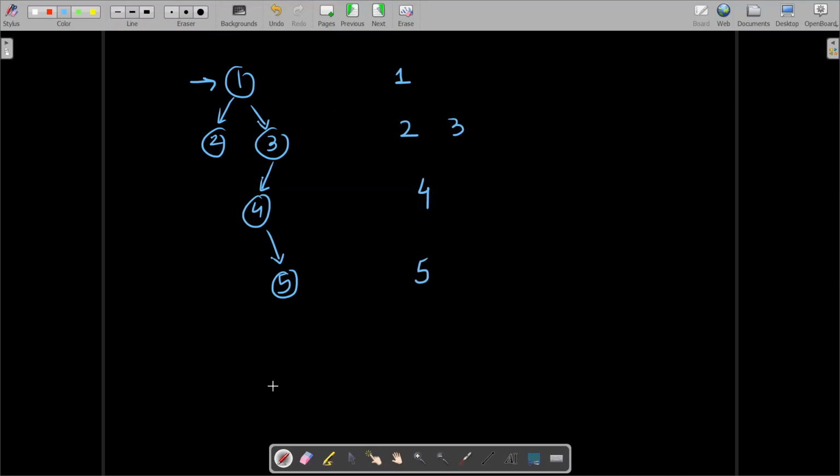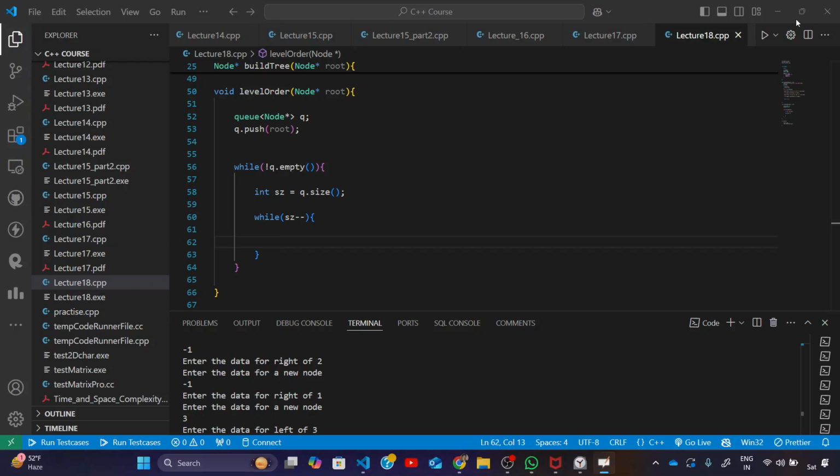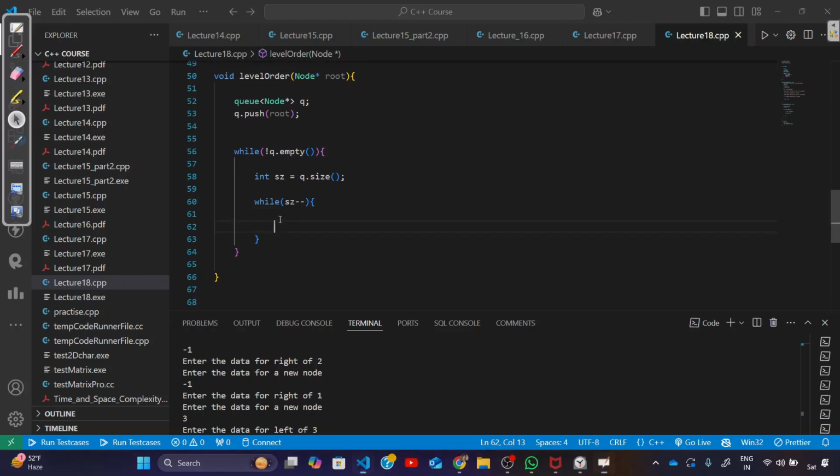Basically we are going like this, complete with this, then this, and then this. So these two nodes are in a particular level, these nodes are a particular level, this node is a particular level, and this is defined by the size. Size defines that. So if we come back here,